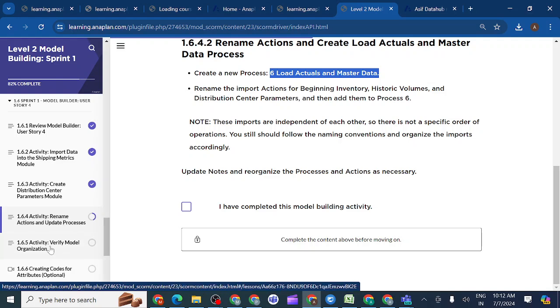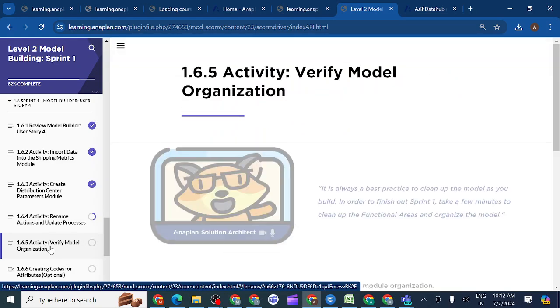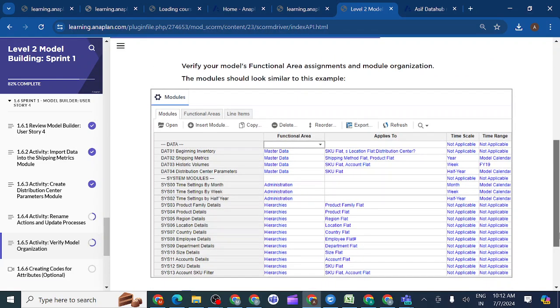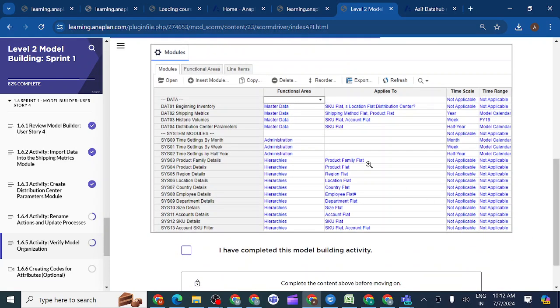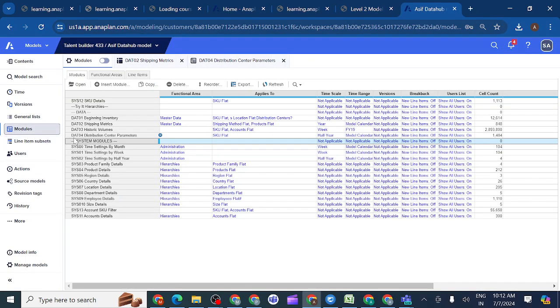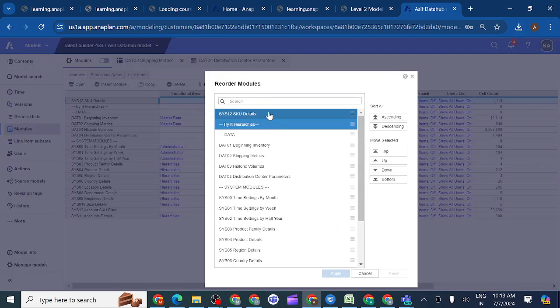We don't have any screenshot here, we have a screenshot. So the screenshot is nothing but organizing the model. Everything should be in proper sequence so that we can easily understand. Under the data we should have data 0, 1, 2, 3, 4 modules. This system 0, 12 we should not have here. We need to keep it under the